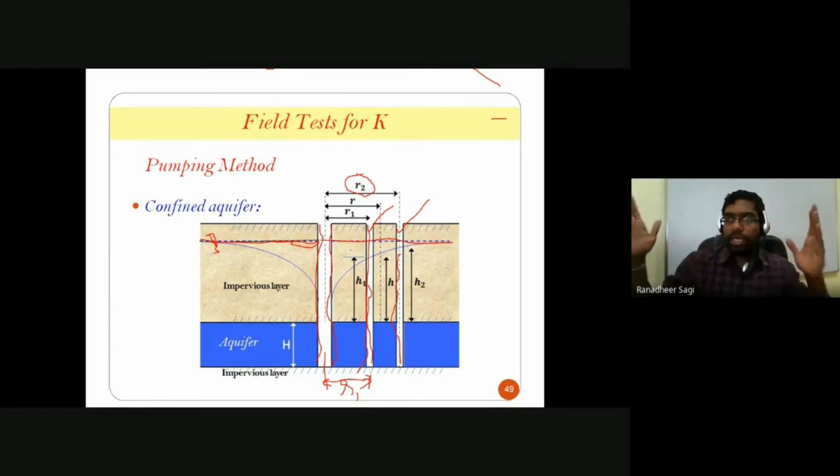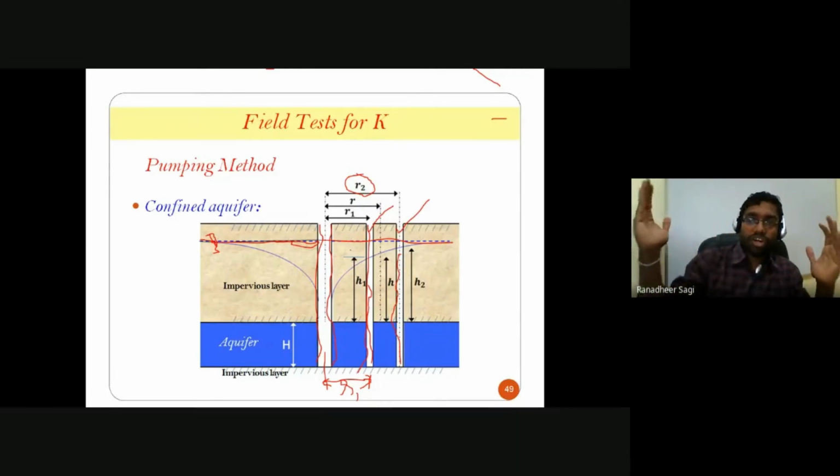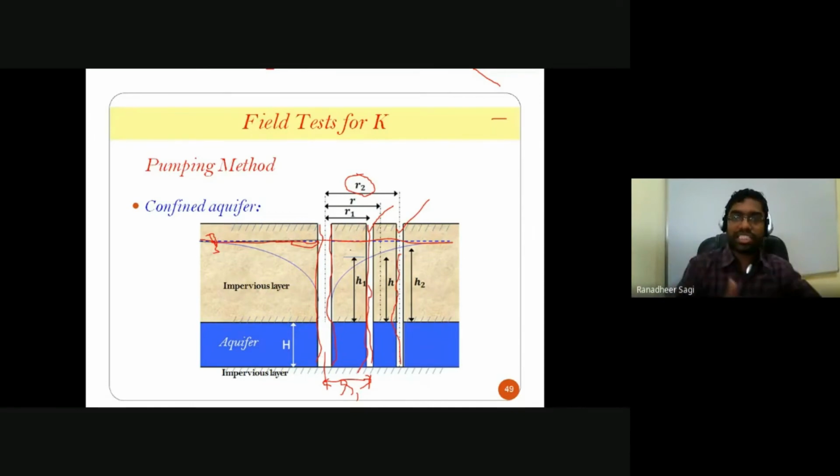Why is that head difference there? Because your observation well 1 is nearer to the borehole that you made. So water from that near region easily enters into your borehole at a faster rate when compared to the water which is relatively at a far away distance, because the water from the far away distance starts slowly